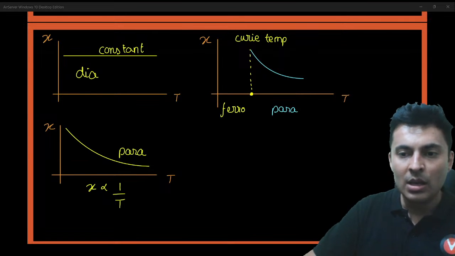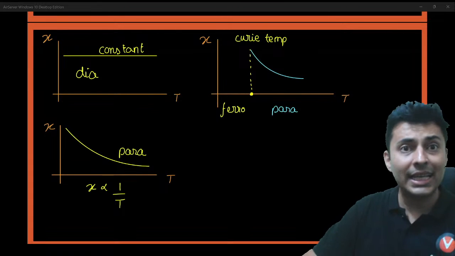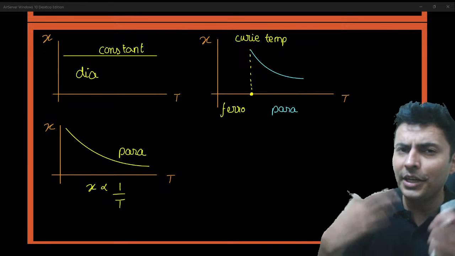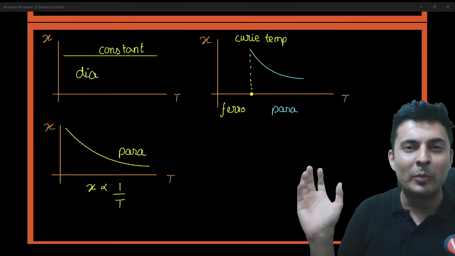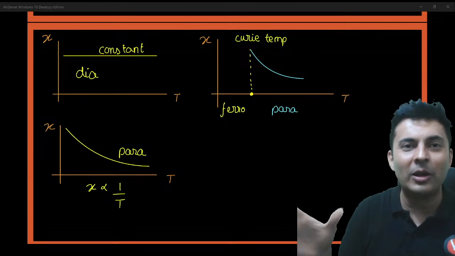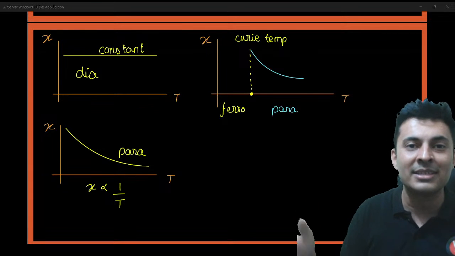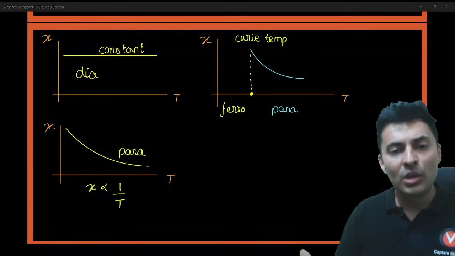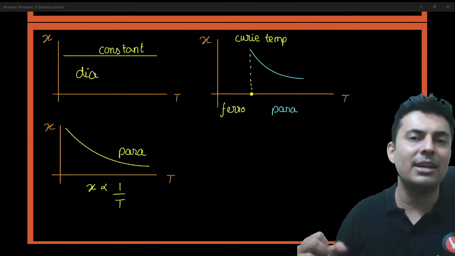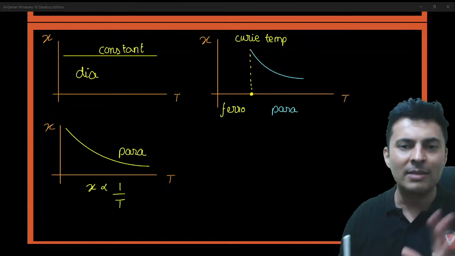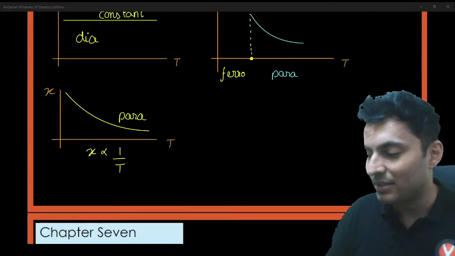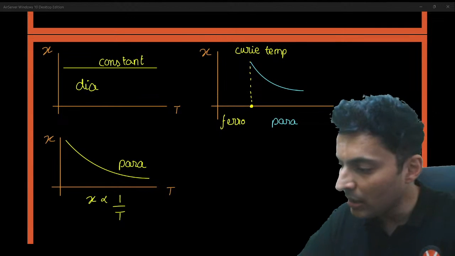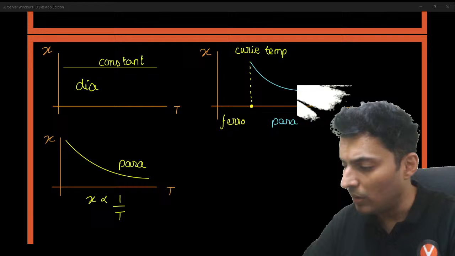Moving on. What is Curie temperature? Curie temperature is that temperature where, if you take a magnet, like the ones you put on the fridge, and heat it, it will lose its permanent magnetic property. It will become a temporary magnet. That temperature where it loses its permanent magnetic properties is called the Curie temperature. It becomes paramagnetic. Paramagnetic is a temporary magnet: for some time it becomes a magnet, again it loses its properties. So these graphs are also clear with all of you.